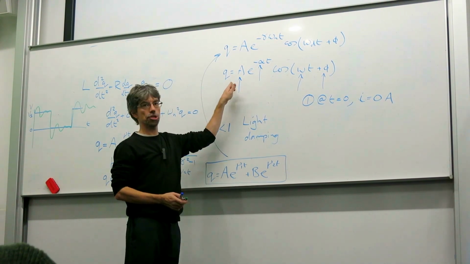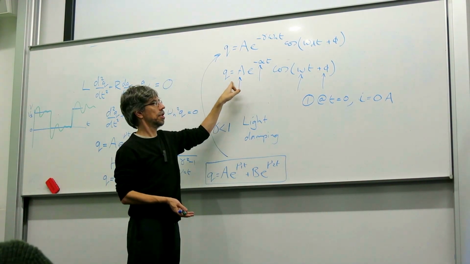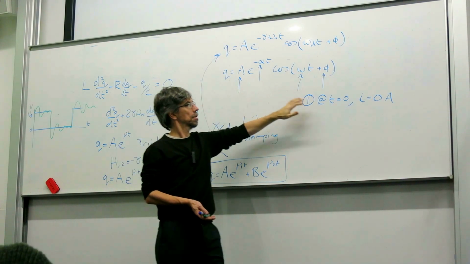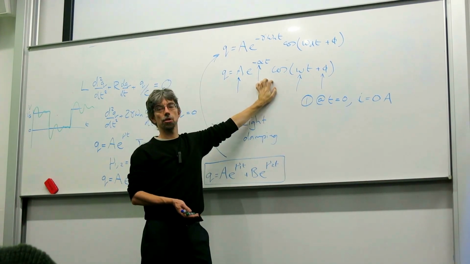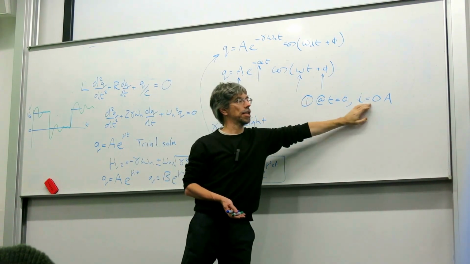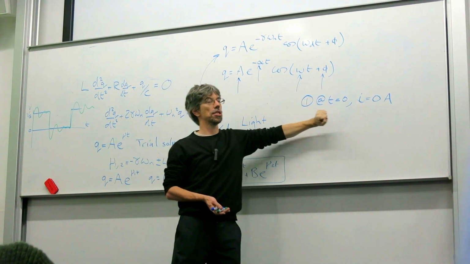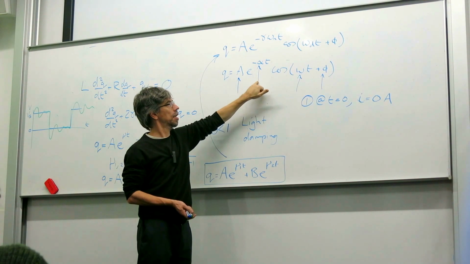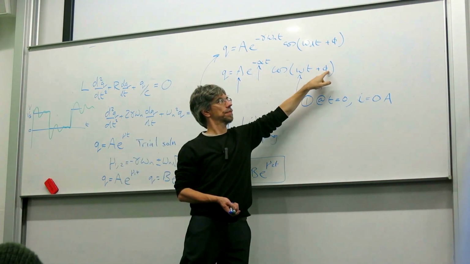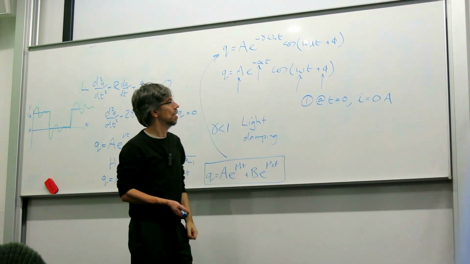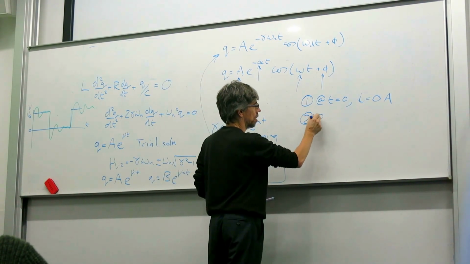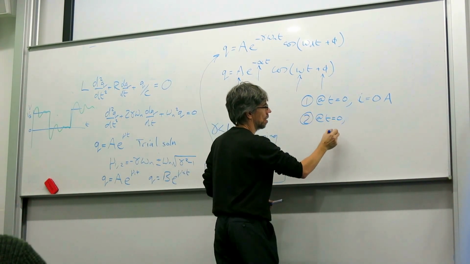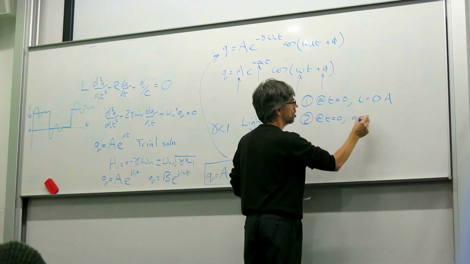So if you've got a charge, you can differentiate it to find current. Put t is equal to 0 into that expression that you get for current, and then equate it to 0 as your initial condition for current, and that will enable you to find phi. And then your second initial condition, which is given, is that Q is equal to,